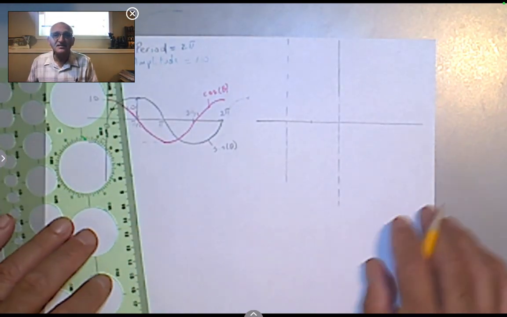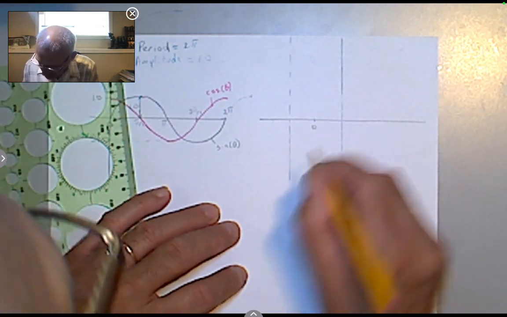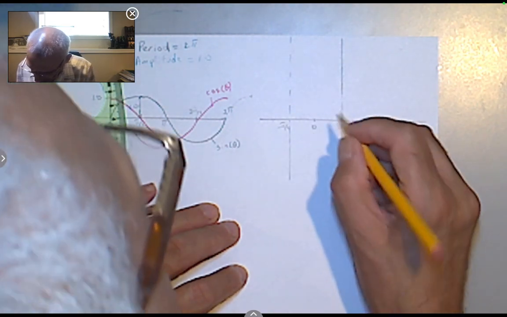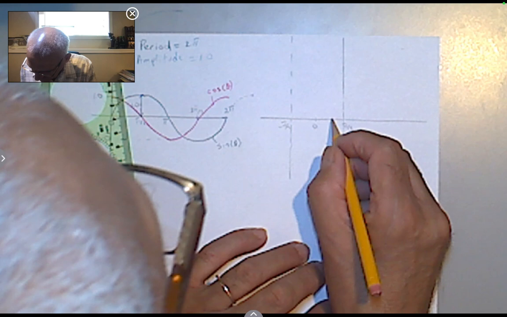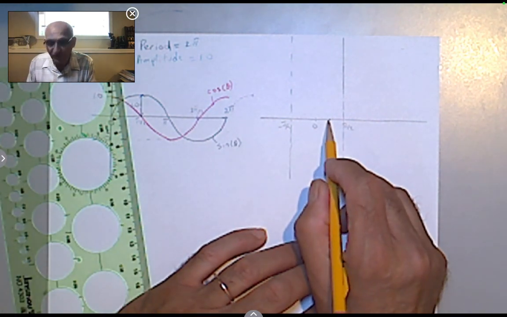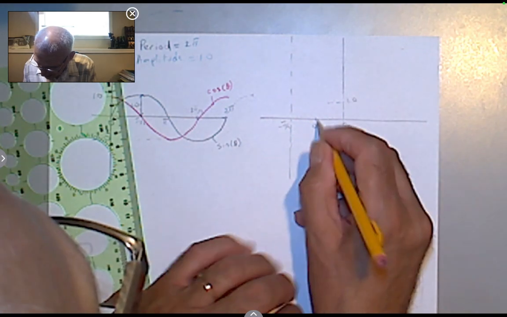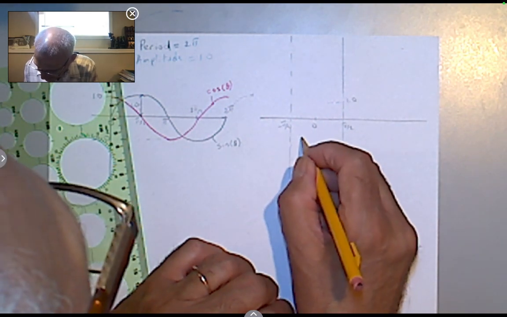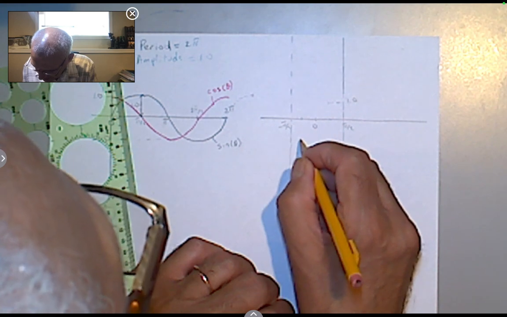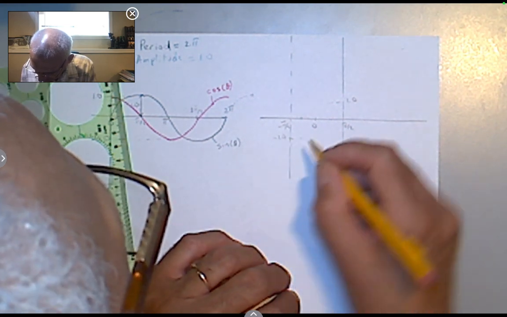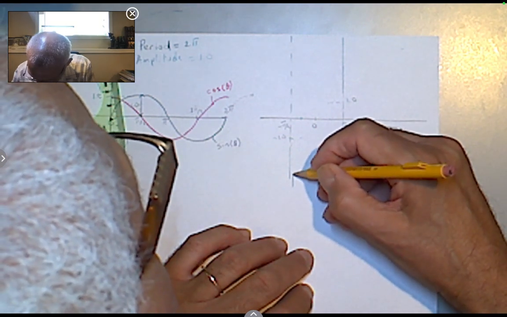We know that tan 0 is 0. This is pi over 2. This is negative pi over 2. And I know that tan pi over 4 is 1. So this point is 1, and negative pi over 4 would be -1. So this is -1. It's asymptotic with the y